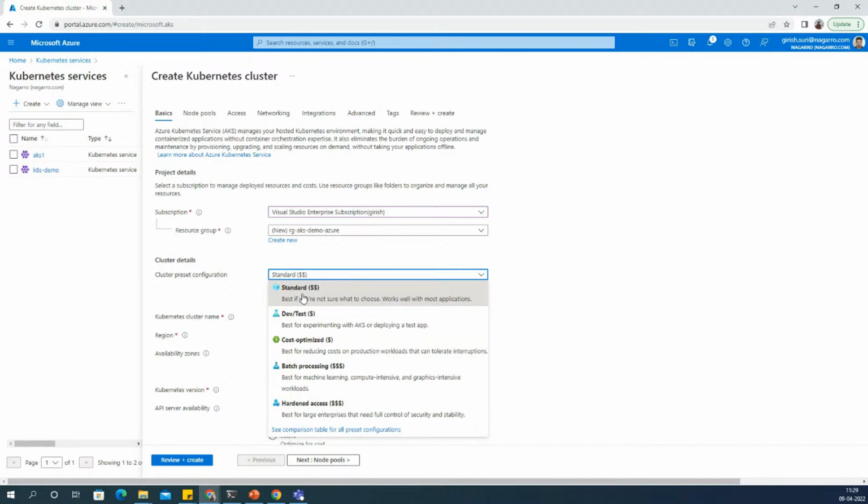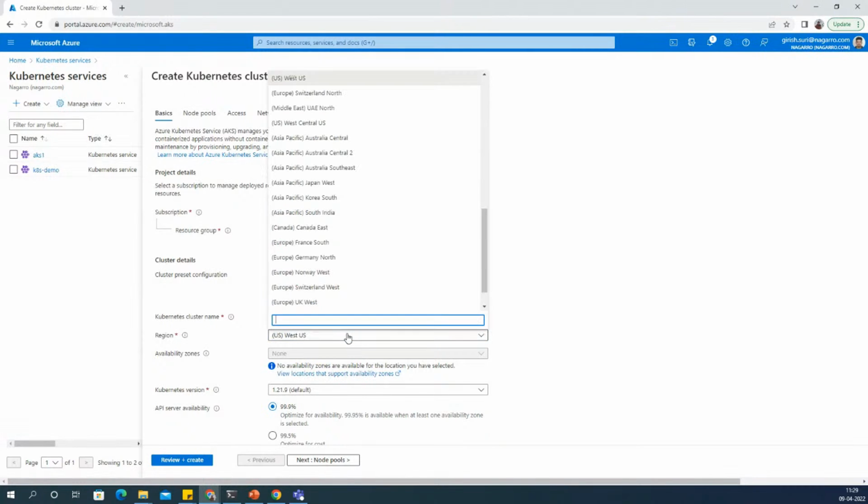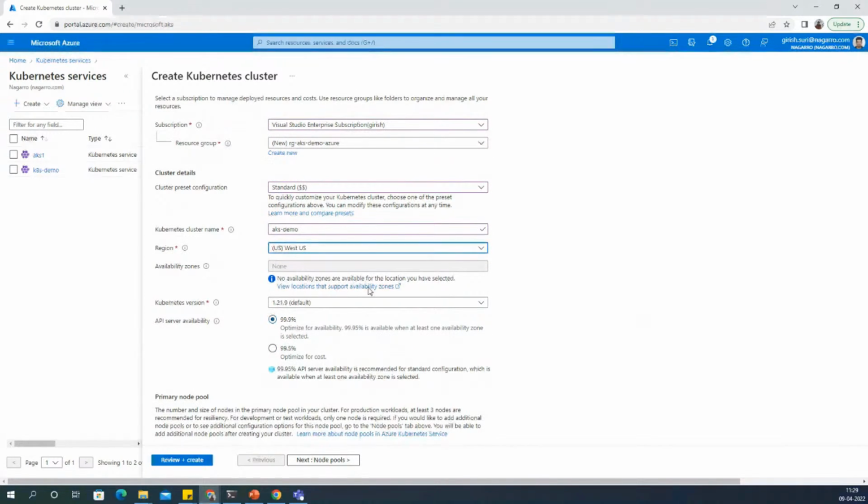So for now, I'm just picking up the standard as is recommended one if you don't know what workload you are deploying into it. So now we have a Kubernetes cluster name. It is basically the cluster name of the Kubernetes. Let us put it AKS demo. It's a region, basically which region you want to deploy your Kubernetes service. So I'm deploying on West US, and